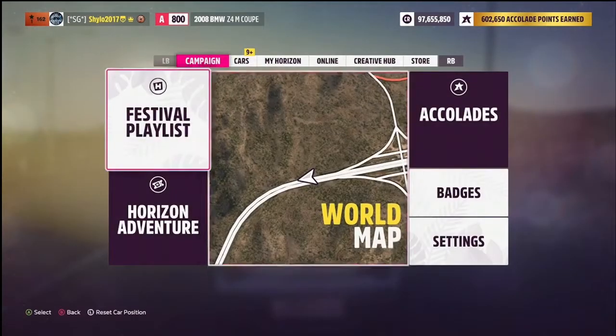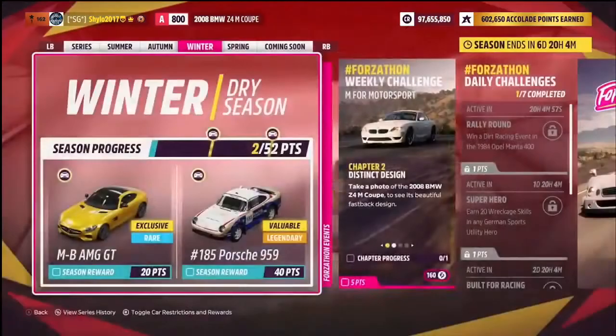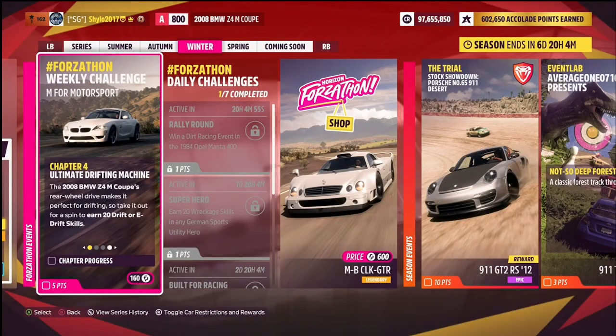So once you've won your 3 road sprints or circuits, or a combination of both, you'll be able to move on to the final chapter, Ultimate Drifting Machine, and this wants you to earn 20 drift or e-drift skills. So I'll tell you a quick tip for drifting skills in a second, but notice how it says rear wheel drive in the